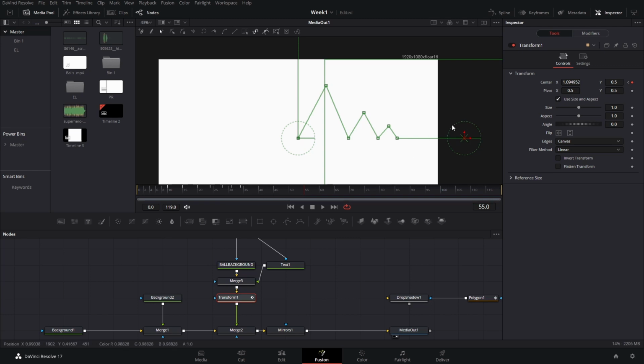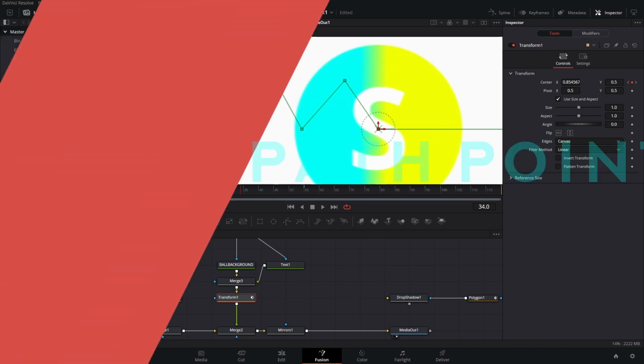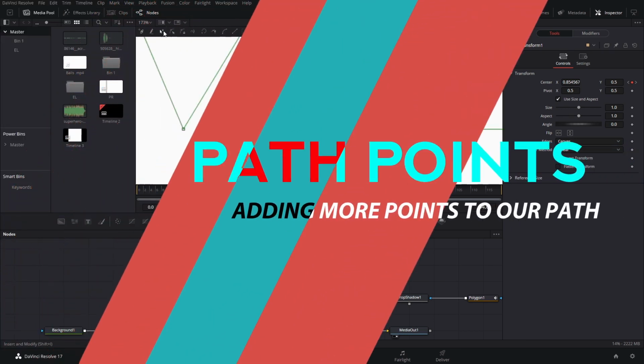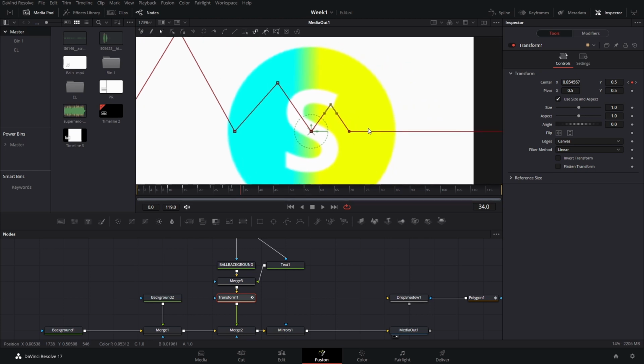Now, the reason why I create this extra keyframe here is because we want to add more bounces so it looks a little bit more realistic. In order to do that, make sure that you have this selected, and then you can just click here and make 2 new points. You can drag this point up like that and adjust it. And then you can just keep doing that until it becomes small enough that the bounce stops